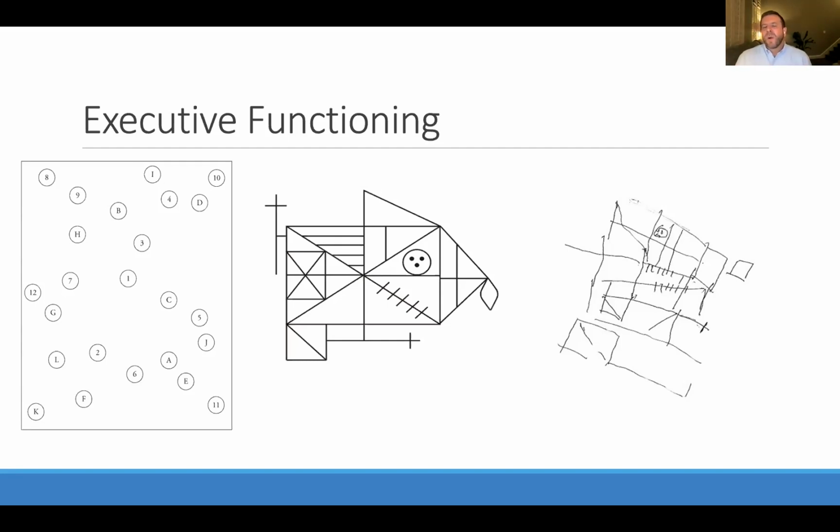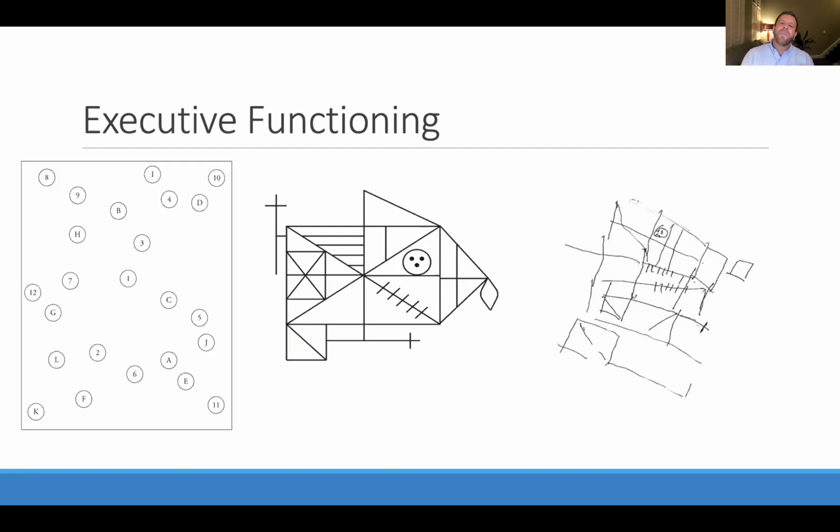And this is one of those tests where we're looking at accuracy, but I'm actually looking at an individual's approach and how they do this. And it tells us something about how they process information. So do they do it in an organized way where they sort of see the big picture and then fill in the individual details? Or they do it like this individual on the right, where they sort of start with the individual details and therefore there's not this organizing structure to how it's copied.